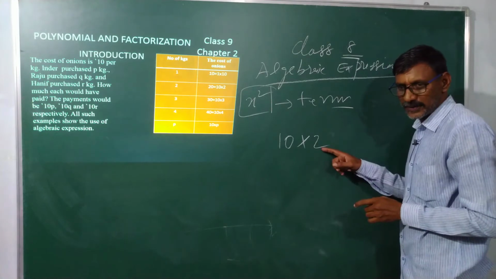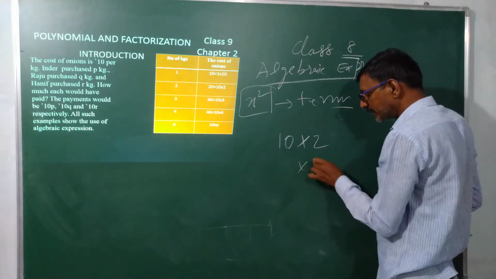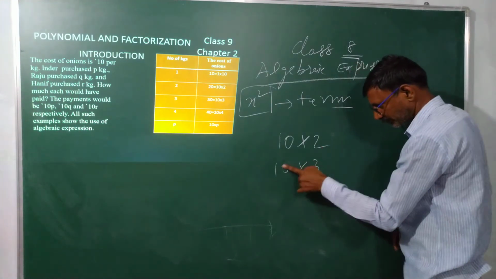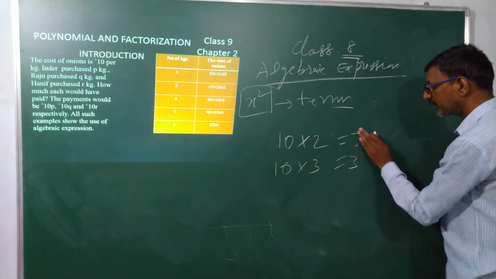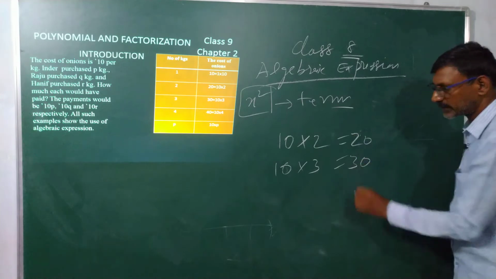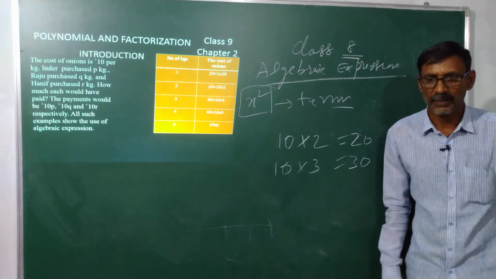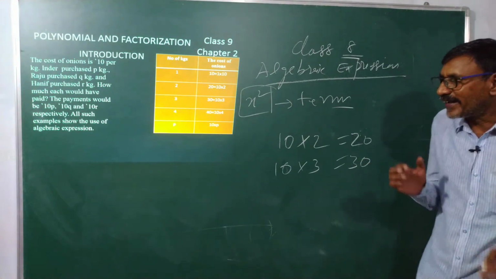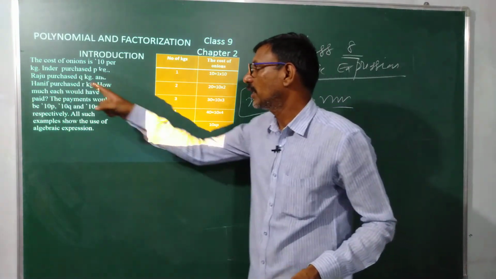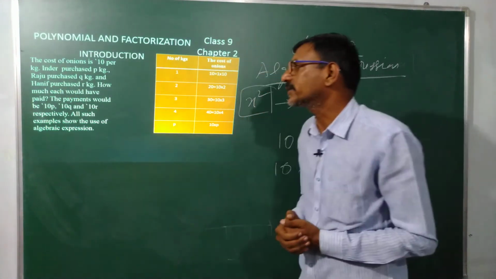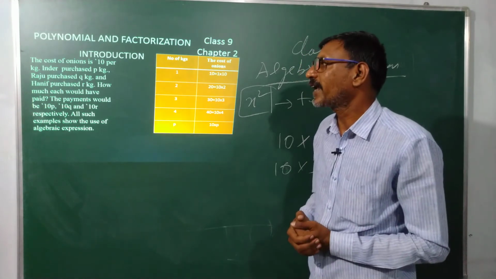If I take 3 kgs, 3 times 10, this is 30. Am I clear? Now, if I take p kgs, for example,